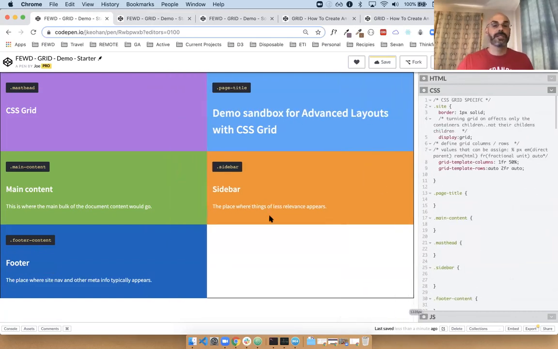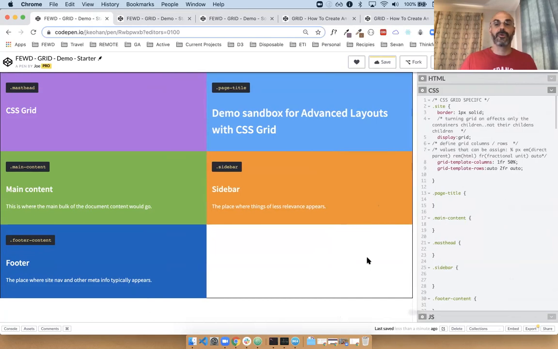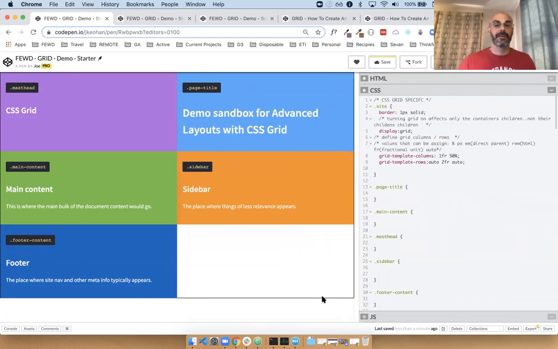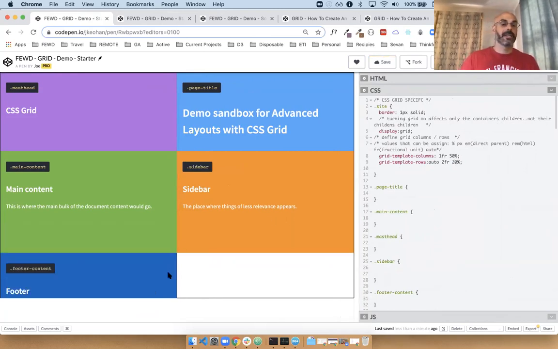I'm forcing this thing to stay within the height of this box. So this container box has been assigned a specific height, so we can force it to stay within that realm, right? If I get rid of this and I say 20%, then it's only 20%, okay? But if I say auto, what happens is,